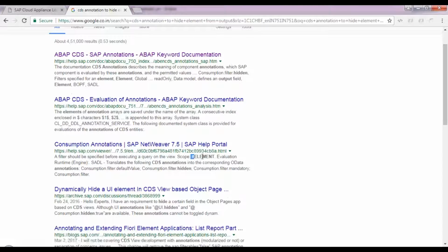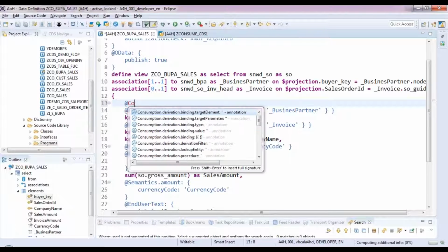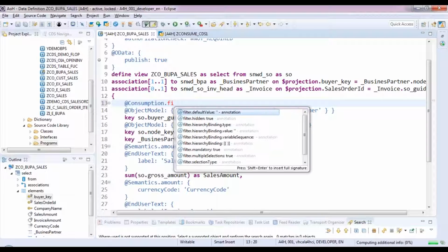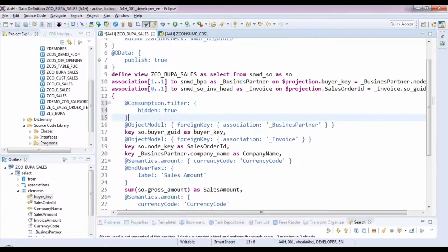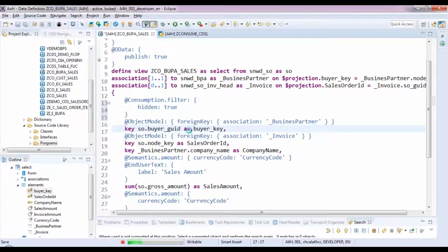Not able to find. Yes, there is one element level annotation. Let's see what this is. Consumption dot filter dot hidden. That's what they're saying. So let's try this, at the rate of consumption dot filter and dot hidden equals to true. I'm putting these annotations before buyer GUID. Save this. Activate the CDS,